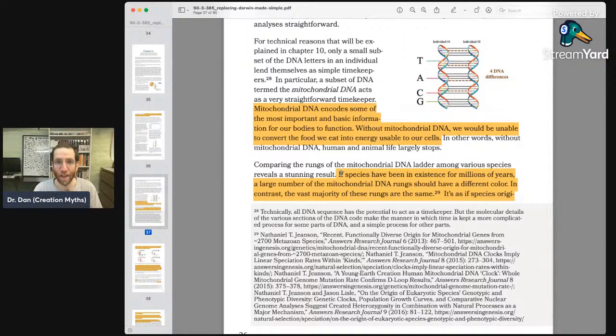In addition to that, the effective population size of mitochondrial DNA is much smaller than the rest of our DNA. That's a fancy way of saying, without going into the nuts and bolts, that there's less variety there. It's just a smaller population in the mitochondrial DNA compared to your nuclear DNA, the DNA in your 46 chromosomes and all your cells, right? And the reason for this is that it's maternally inherited. So you get it from your mom. I'm never going to pass on my mitochondrial DNA, right? I'm a mitochondrial DNA deadhead.